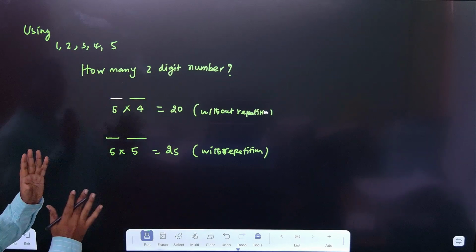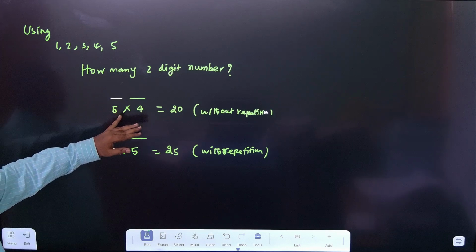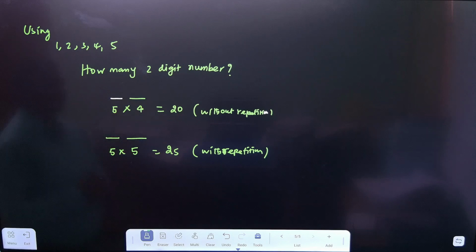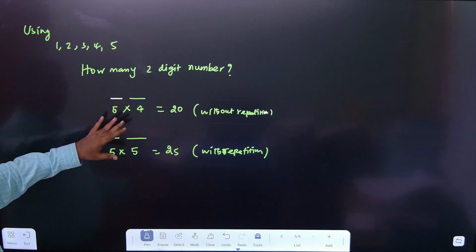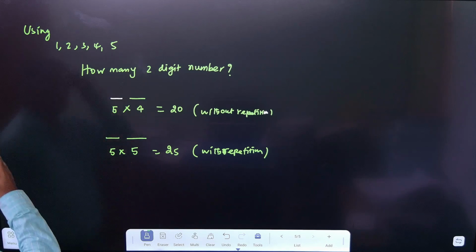Suppose using the same digits, you can see here why we are doing multiplication, the counting principle. You can see the multiplication principle, why we are using it: because we need to count the 2-digit numbers where both the unit place and 10th place occur simultaneously, both at the same time. That's why we are multiplying, right? Okay,